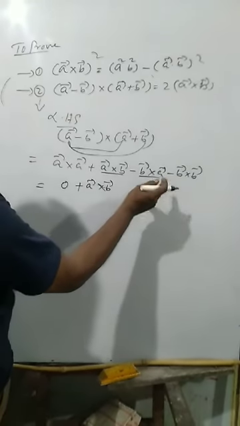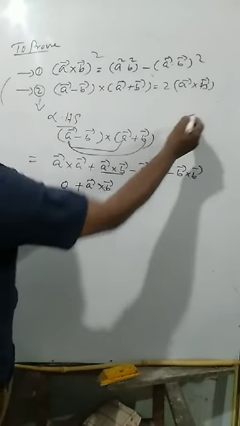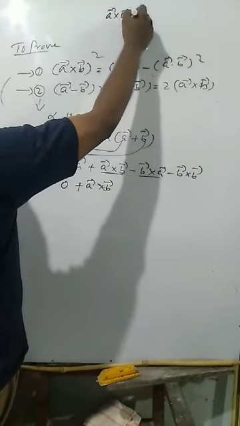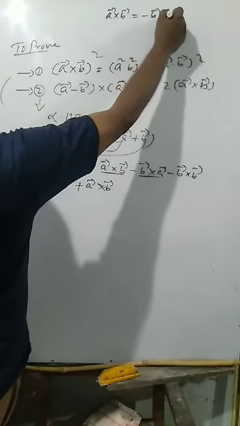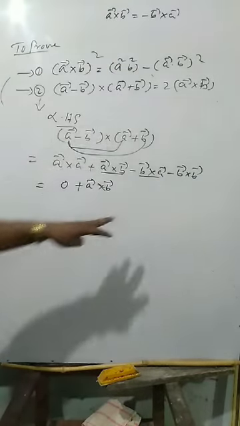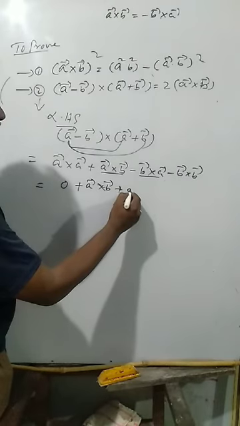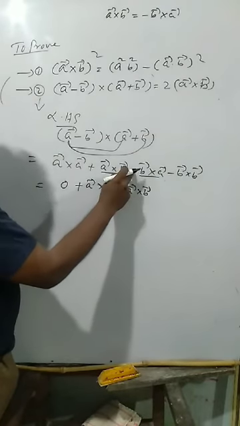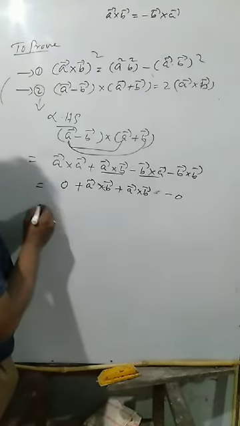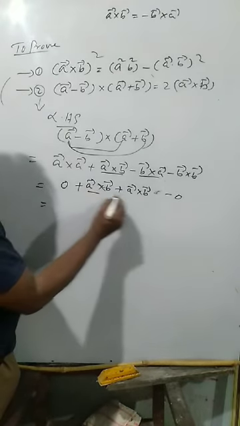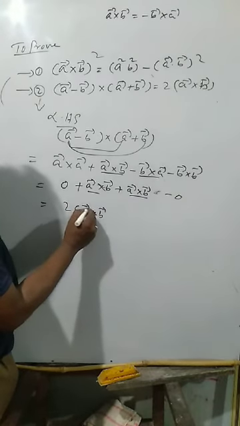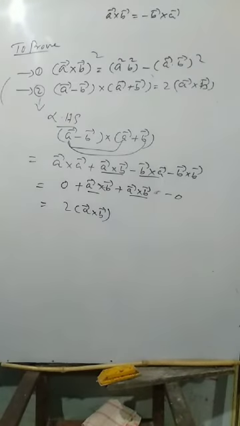If you change the direction of A cross B, you look here, the property is A cross B equal to minus B cross A. If you change the direction, then it becomes plus A cross B. A minus is there, you change that. Plus this is what? Minus this one, 0. So 0, 0 you leave it. A cross B equal to twice of A cross B. So this is the proof of the second one. Okay.